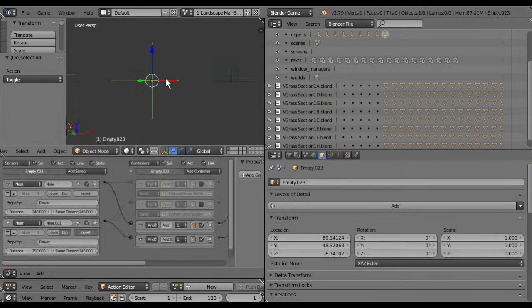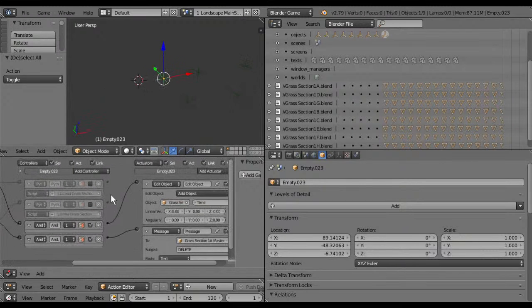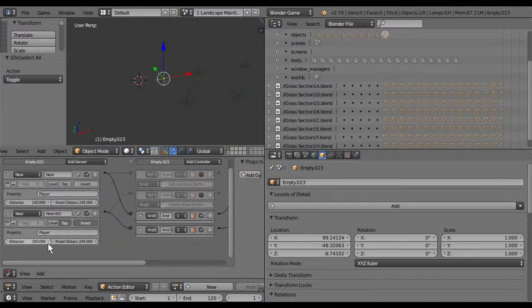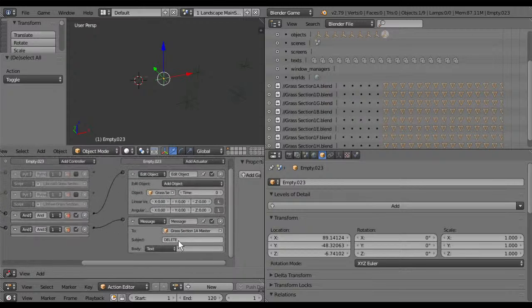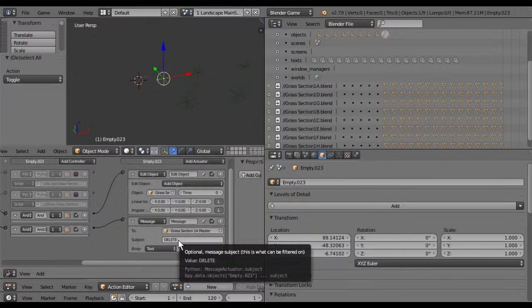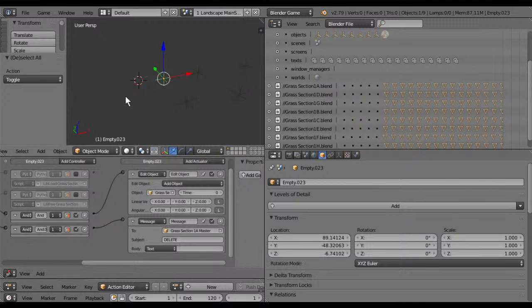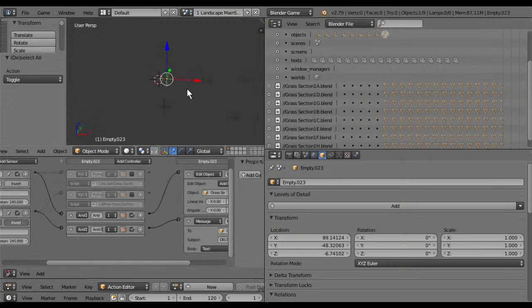So with this detection, the main layers, detection from the player will add the objects, and if it is further from the player, it will send a message rather than use a direct order to delete the grass objects, which is not supposed to work because it's a library load or linked objects. I think that's pretty much it. Not only for grass, I will use it for other stuff, like trees, buildings, and entities perhaps. Also for entities, I think entities are not so